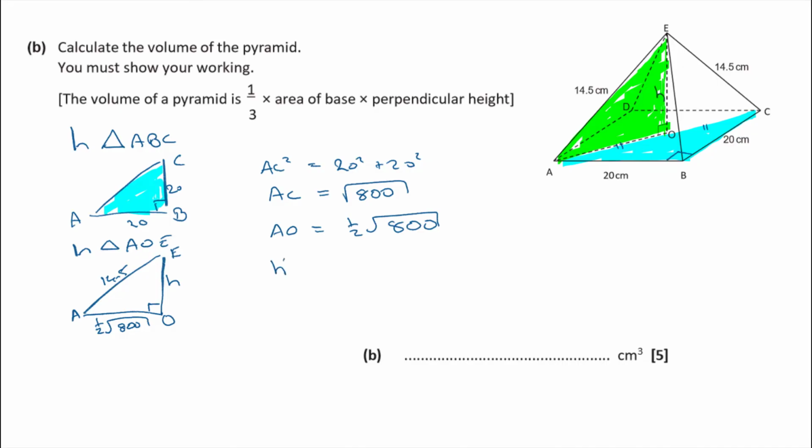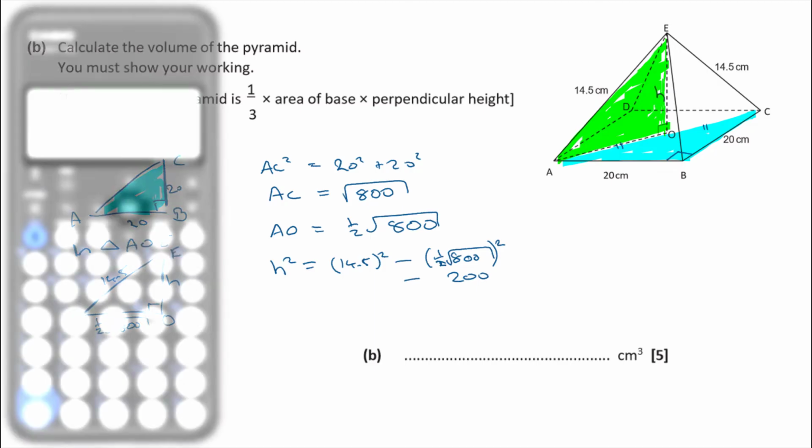So H squared, the height of the pyramid, is going to be 14.5 squared minus half of root 800 squared. Half squared is a quarter, and root 800 squared is 800. So that second bracket is just a quarter of 800. It's 200. You could check it on your calculator if you like, but I'm pretty sure that's right. So then